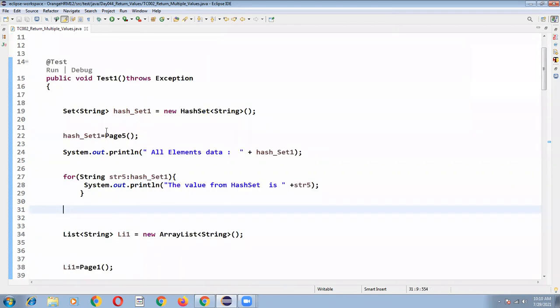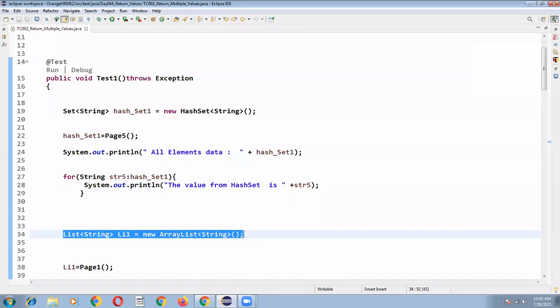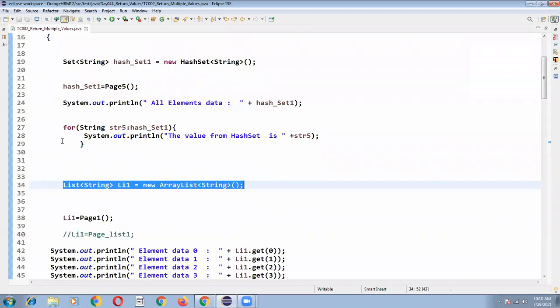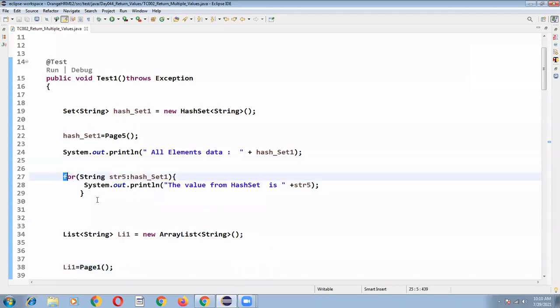How many approaches are there to return multiple values? This is one approach and this is another approach. After getting each and every web element, we are getting the object information like this. If you want to print each and every value of a hash set, you can write like this: string